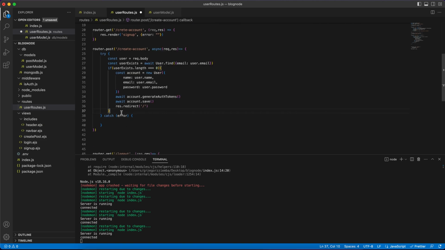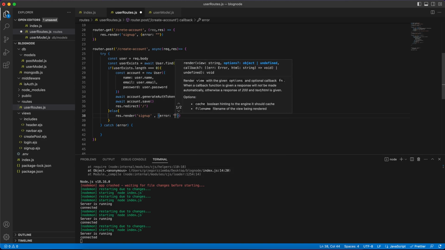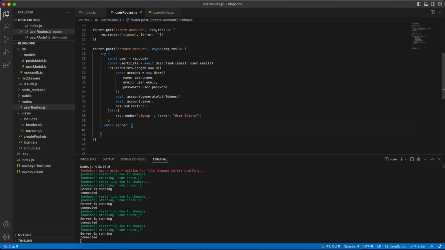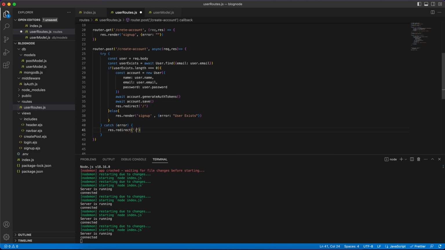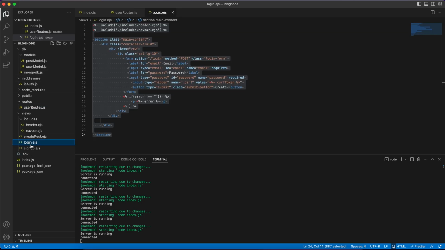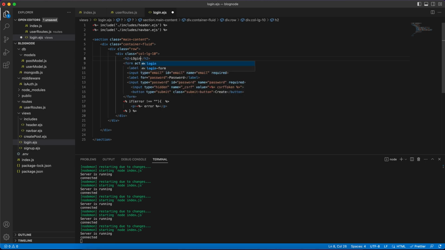But what if the user exists? We'll just render the sign up form, and we'll provide the error message, which will be user exists. But whatever error there is, we'll only redirect to the login, and you have to take care of yourself. Of course, there can be some kinds of problems, like for example, h2 login